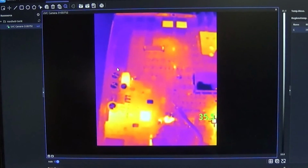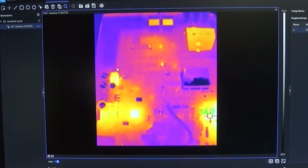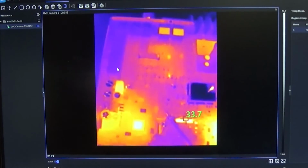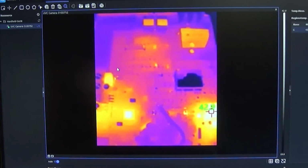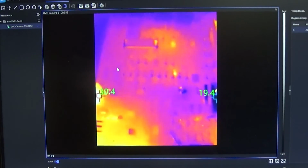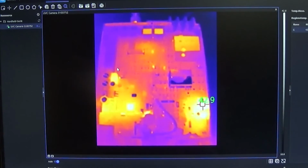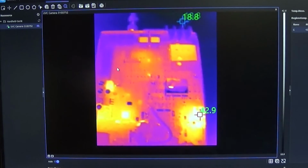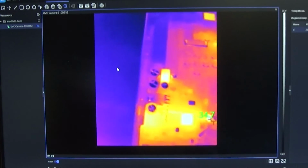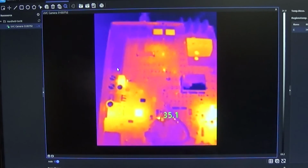Therefore, it would be good to have an additional camera, so an optical camera, where both pictures get overlaid, like we have seen with the little FLIR. Then it is easier to identify all the little details in between. But other than that, we can clearly see where we have hotspots, and that means on the other hand we will be able to find shorts, because that is what we are looking for when we are using an